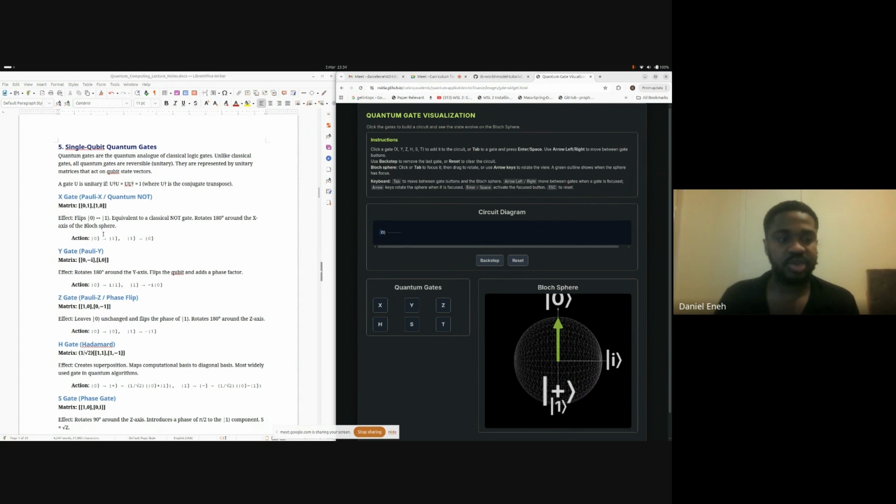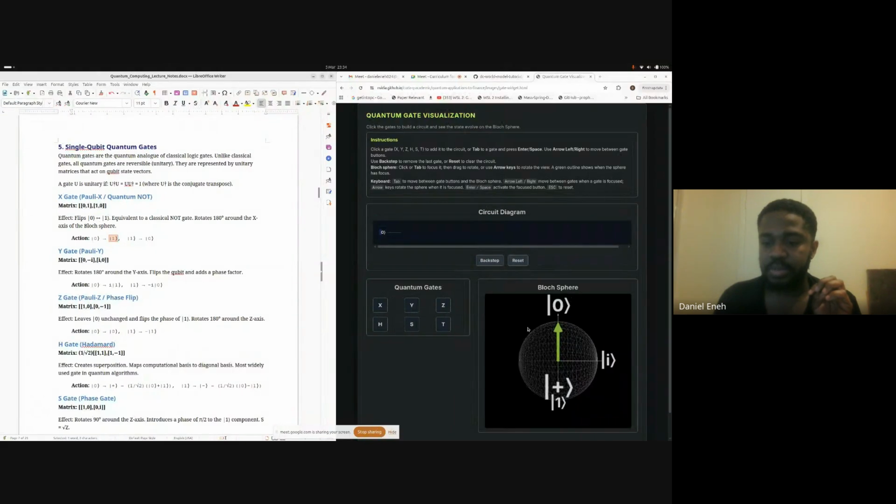But now in this case, you have the X gate, which is the quantum NOT. What it does is that it flips. If you introduce a 0 as an input, it's going to change it to what? A 1. So we'll try that and see. Let's see what that means. If I put in an X, this is coming as 0. What did you notice? It flipped from 0 to 1. Did you see that?